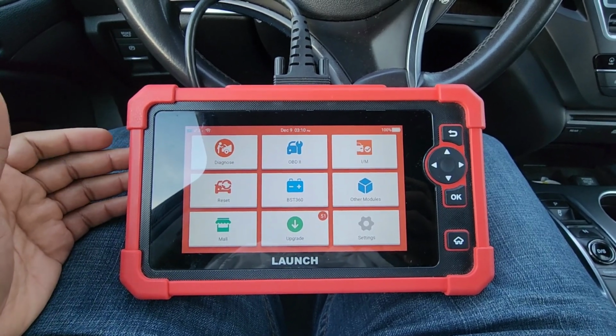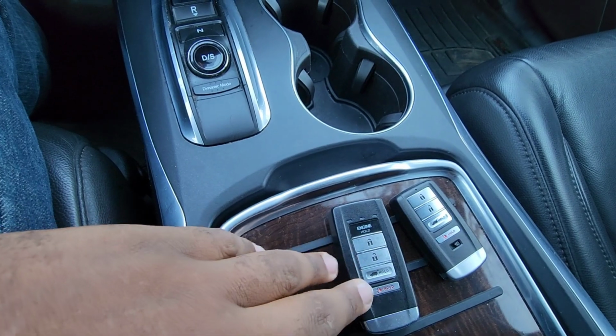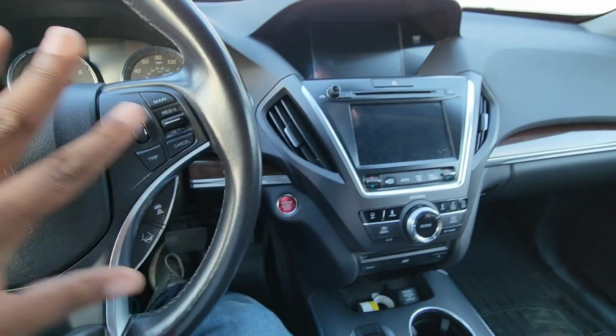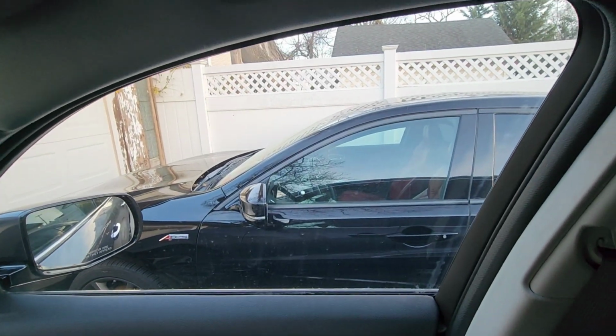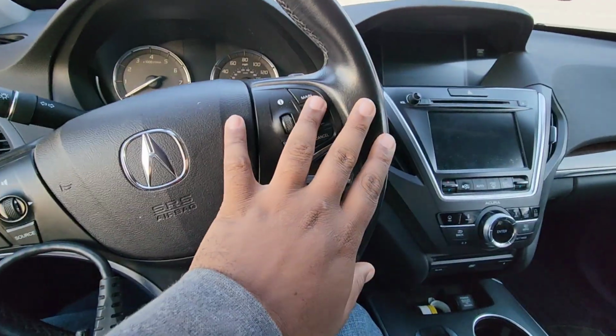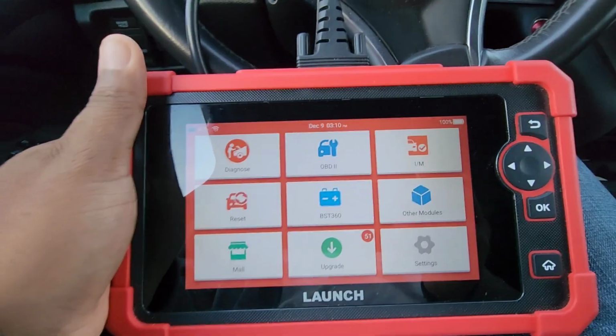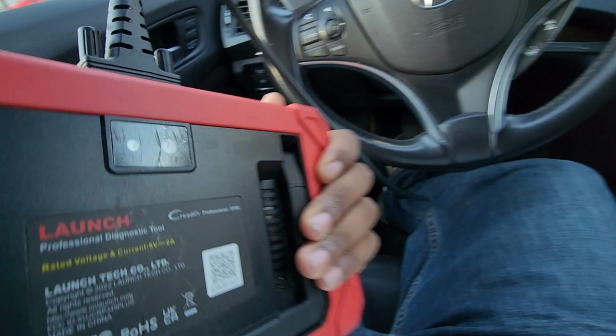I'm going to show you guys how to program a remote start key in any of the MDXs and the TLXs. I have a TLX also, so I'm going to be showing you how to do it. I showed you already how to do it with the Autel, and now I'm going to show you how to do it with the Launch tool. This is the Launch